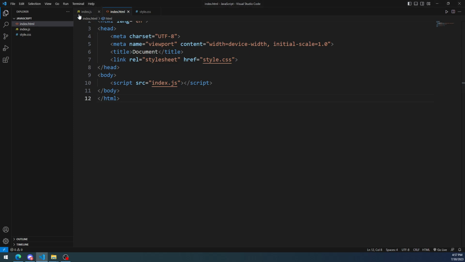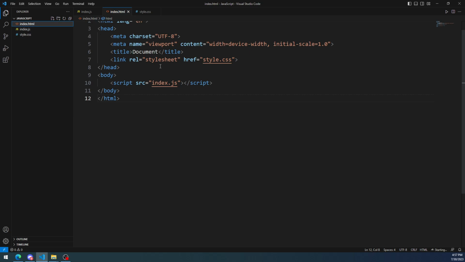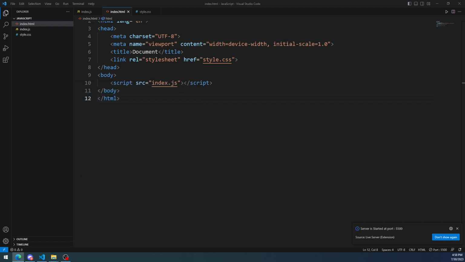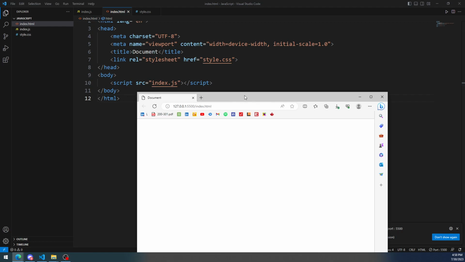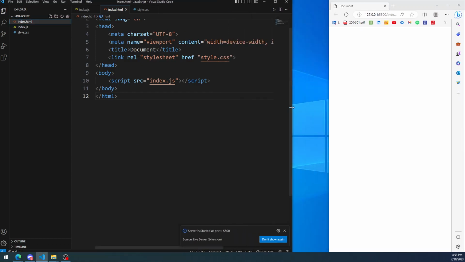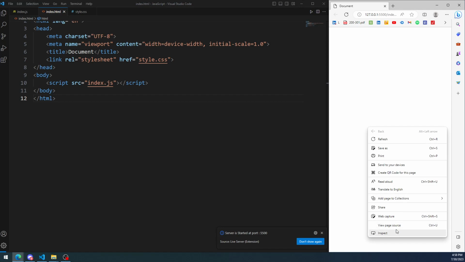All right, so if you go to HTML and right-click, there's an option that says Open with Live Server. So we're gonna do that. A little pop-up box is gonna come up, and I'm just gonna hit Allow Access on both, just so I don't have any bugs in this tutorial. And then here's my web page. I'm going to put these side by side, but the web page isn't that important, so I'm just going to make it smaller like that. Makes editing content so much faster. Yeah, exactly. So in the web page, you're going to right click, click inspect,